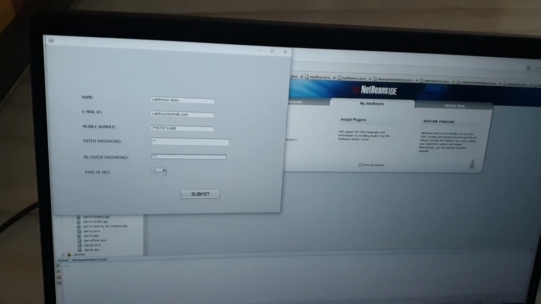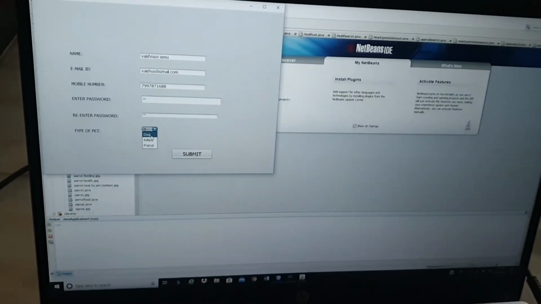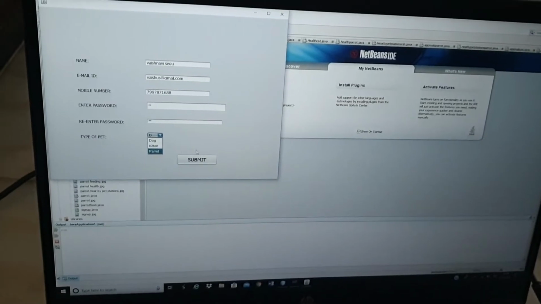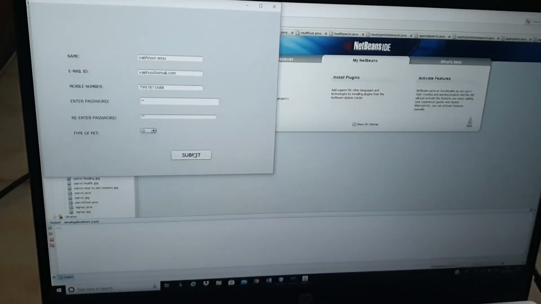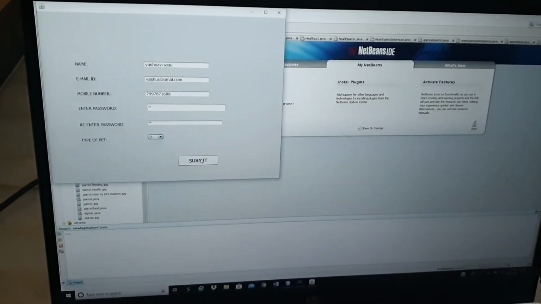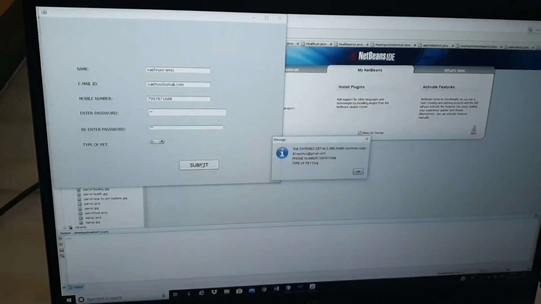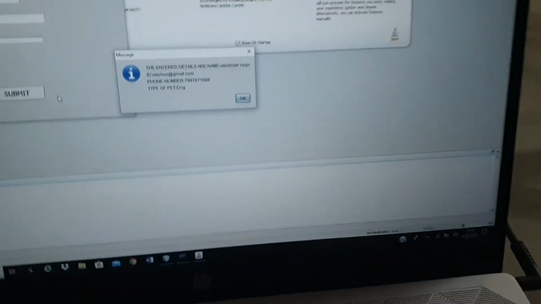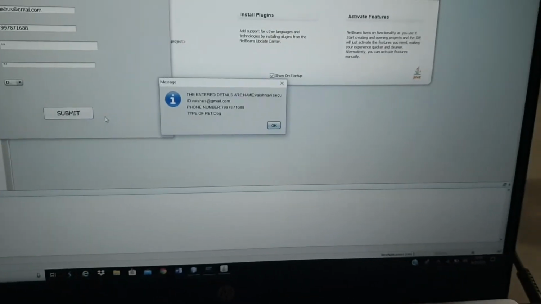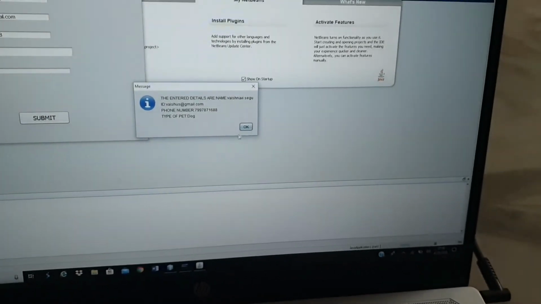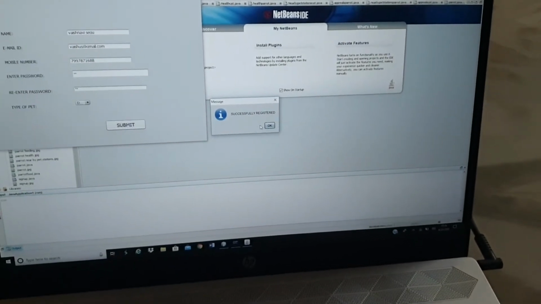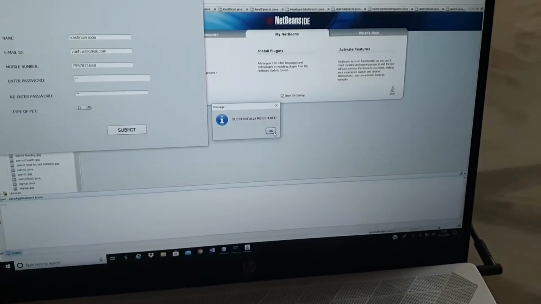And here we need to choose whether it is dog, kitten, or parrot. And here my details are displayed. And my details are registered in the table.